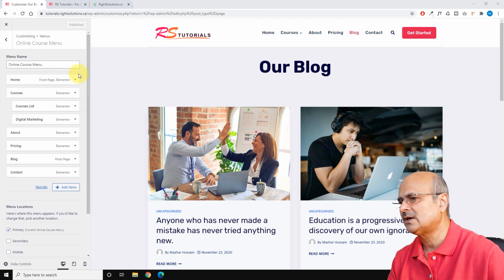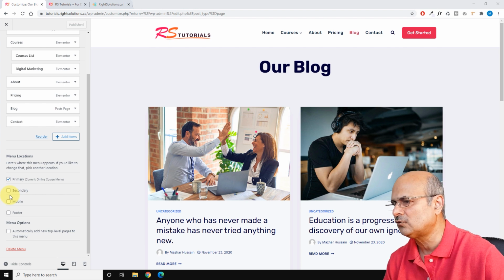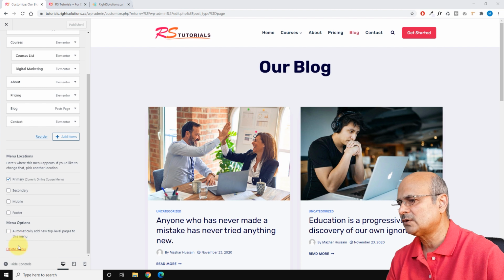By clicking on these buttons here, you can just add items. We can see how the menu is placed in which location. So there are menu locations. The primary menu, which is currently set to the online course menu. And there is a secondary menu if you have one, and there's a menu you can create for mobile and footer as well. And then you can also select this option. You can delete this menu if you want,